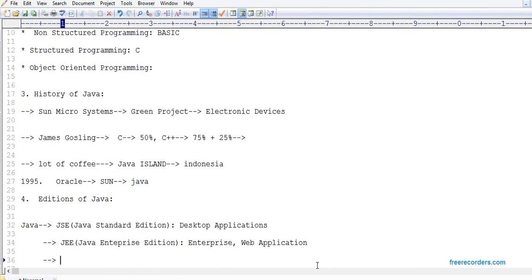And finally, there is something called JME, which stands for Java Micro Edition or Java Mobile Edition, using which you can develop mobile applications. If you want to develop mobile applications, then you can go with